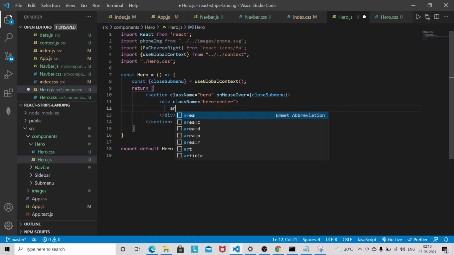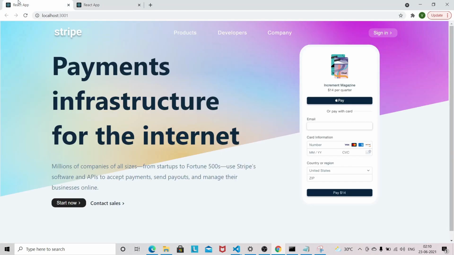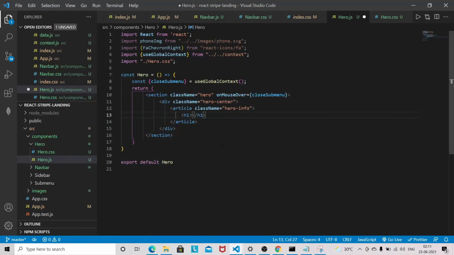Then there will be an article tag with the class name hero info, and we'll have an h1 tag here, and I will just copy from our demo app. So I'll just copy this stuff, and I will just paste it here, and after the infrastructure I will give a break.